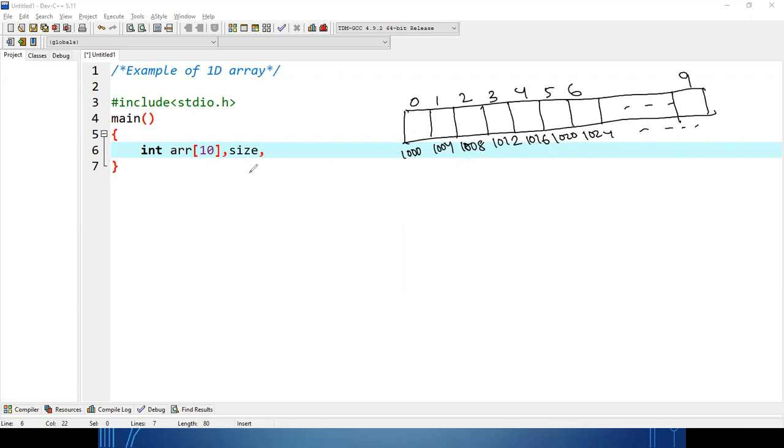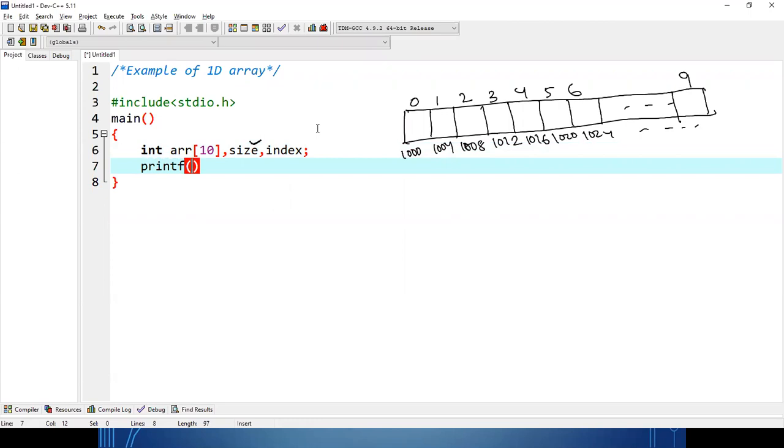Okay. Now, the requirement of the size variable: I can take a maximum of 10 values, but it is not compulsory that every time I need to utilize all 10 blocks. So it depends on the user how many of the 10 blocks you actually want to use. Accordingly, we'll take the input for the size variable. Okay. So we'll see through the example. One index variable I am using for loop purposes.